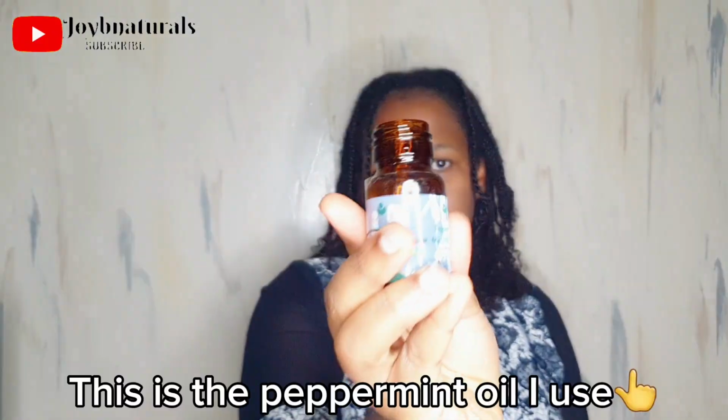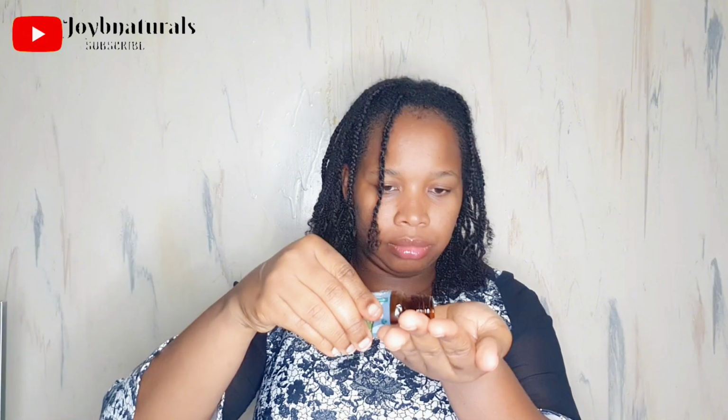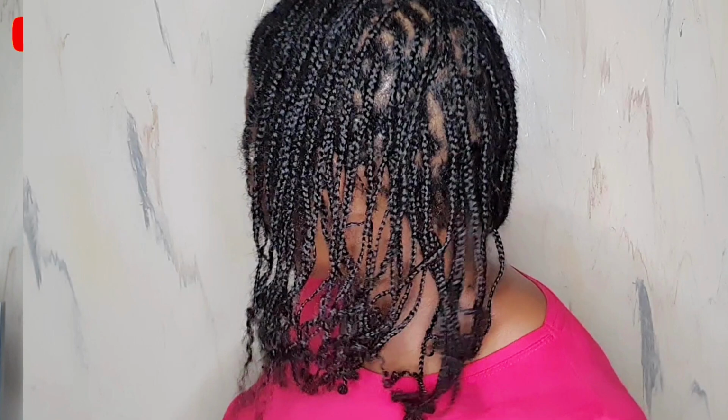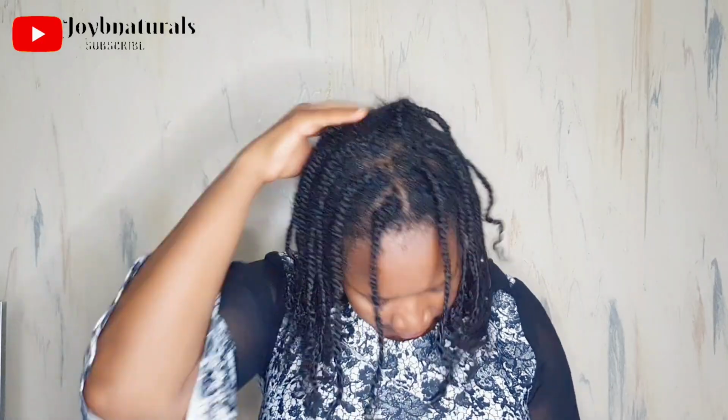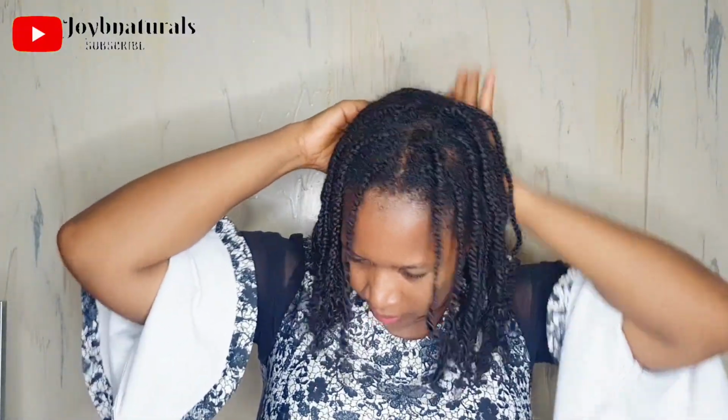As you see my hair like this in this picture, that's because I'm trying to remoisturize my hair. You can never see my hair out like this outside, not because I can't do that. I can let my hair down and rock it anywhere and just be me, but I am aiming for length retention, and letting my hair down defeats the purpose of length retention, because the ends are the oldest part. They are the elders. You need to treat them well,